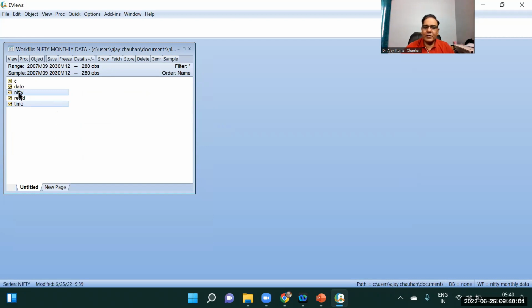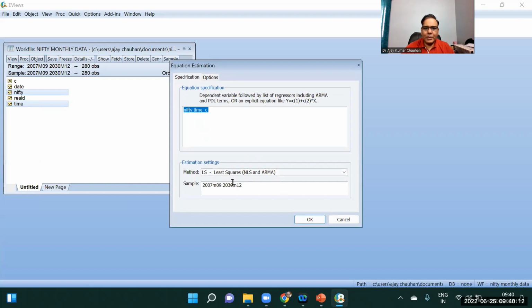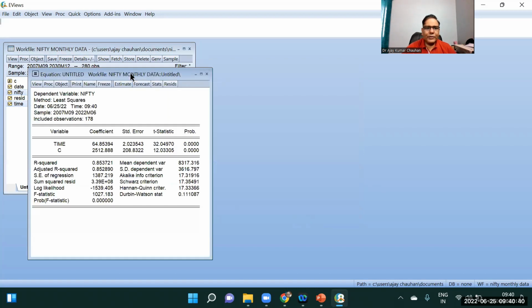So Nifty is my dependent variable, time is my independent variable. Open as an equation. When you run this equation, we run the equation for the sample period you can see here, it is September 2007 to June 2022 because we are having the data up to June 2022. So this you have to consider. Now when you run OK,